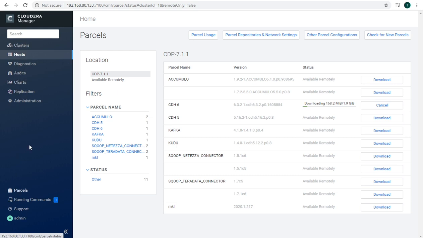Other than that, all the options are the same, only the location has moved from the top to the left. So let's just wait for it to complete the download and then distribute, unpack, and activate.